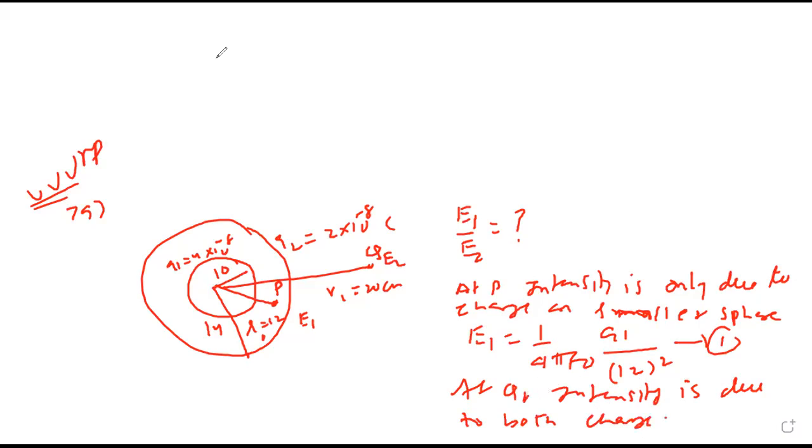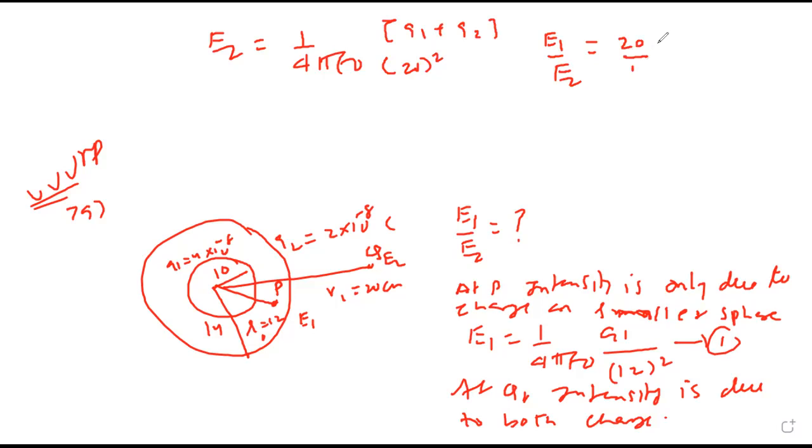At Q, intensity is due to both charges. Correct? So E2 will be 1 upon 4 pi epsilon naught, 20 square, into Q1 plus Q2. They want the ratio of E1 with E2. Therefore E1 upon E2 is 20 upon 12 the whole square first, that is R2 by R1. Did you understand this part? Yes, sir. Into the charges: on E1 the charge is Q1, on E2 the charge was Q1 plus Q2. Just simplifying, 4 3 is 4 5. So 25 upon 9 into